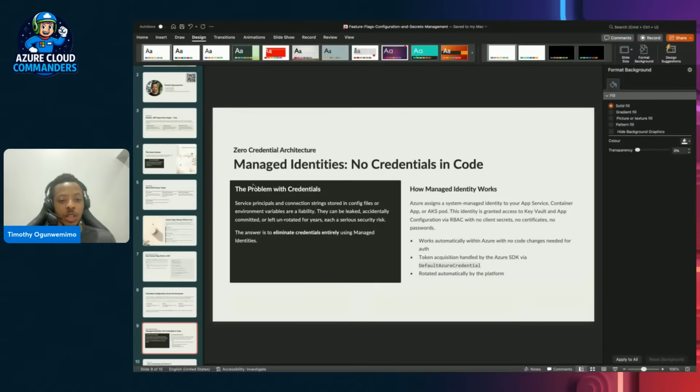Everything is running in your cloud environment, and you don't want people to access the Azure App Configuration outside your cloud environment, more like a local network within your Azure environment. You can use managed identities to access this Azure App Configuration and to retrieve your keys within your